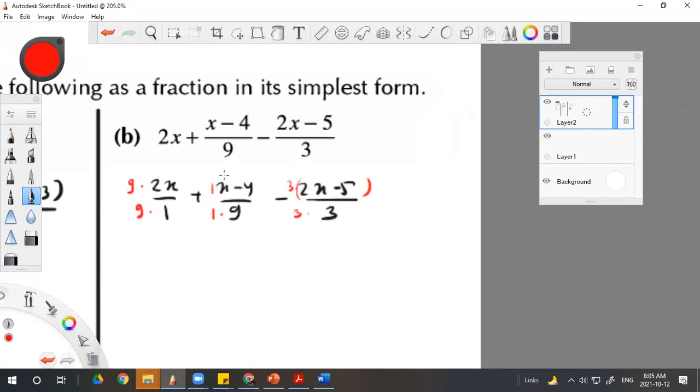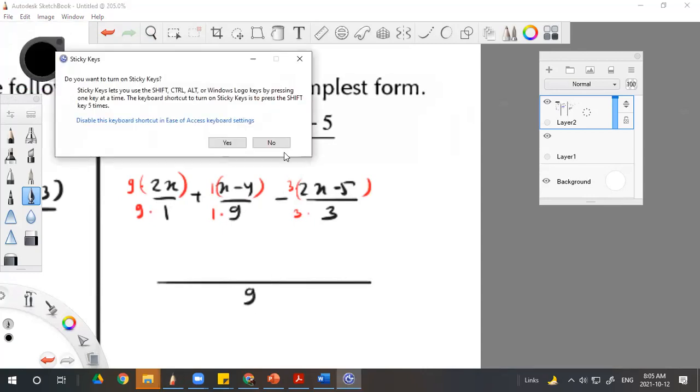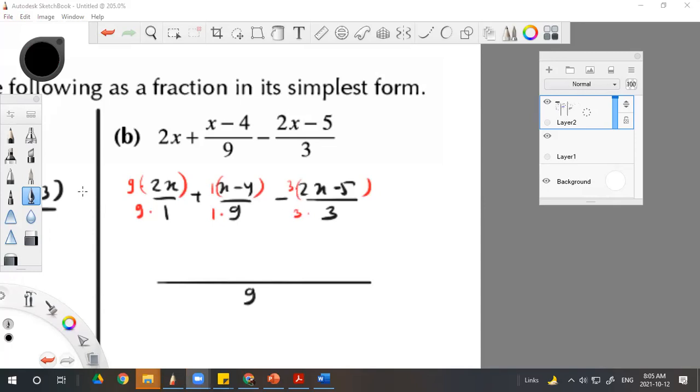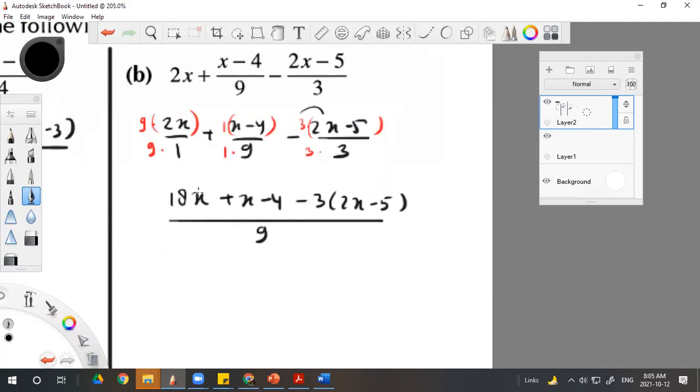And don't forget to put the bracket. Okay, so put the long line 9 because it has the same denominator, and 9 times 2x is 18x plus x minus 4. This will be minus 6x minus 3 times minus 5. Or if you want to do it slowly, like this. Okay. So 18x, or you can just collect this 19x, see, minus 4, and then plus minus 6x plus 15